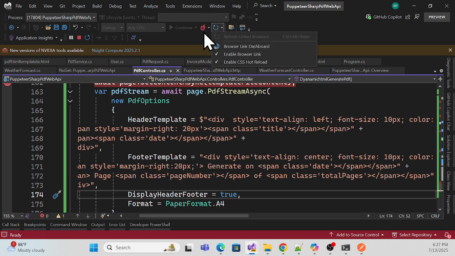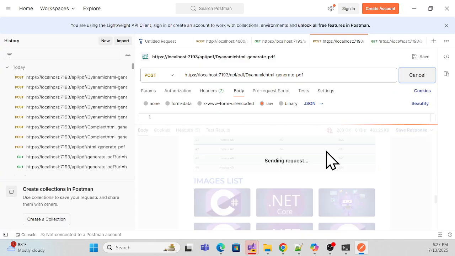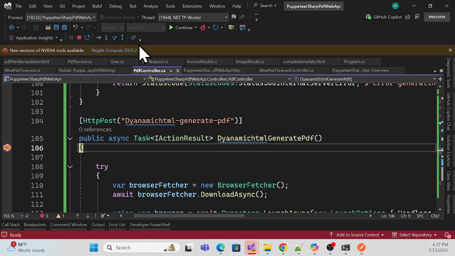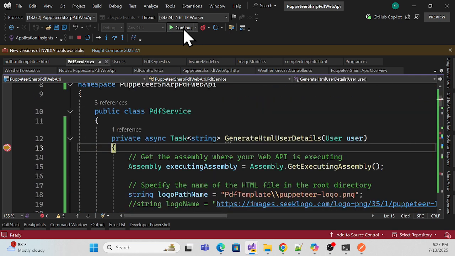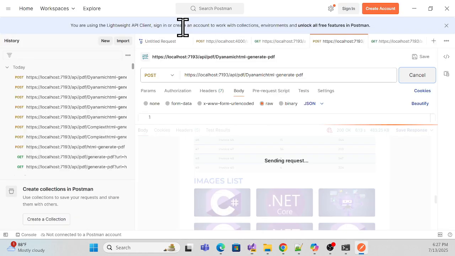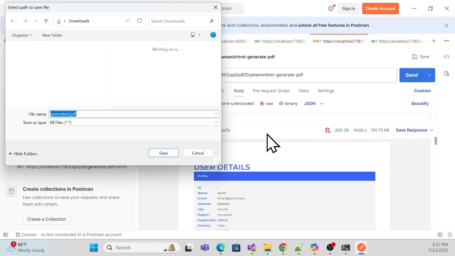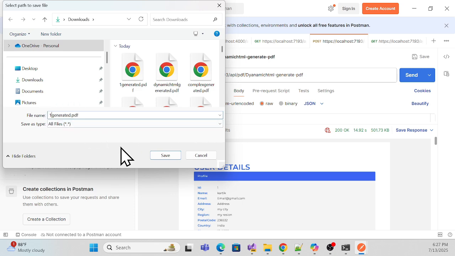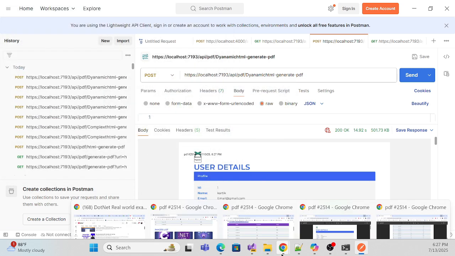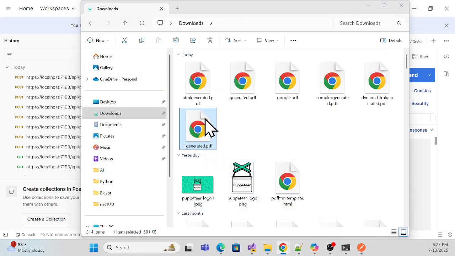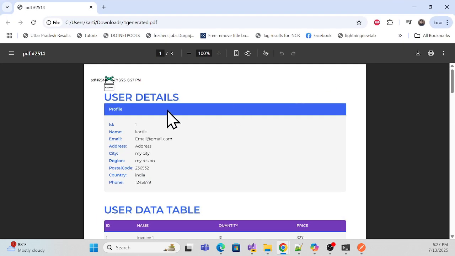So now let me restart the application. Okay, and now run it and continue, continue, continue, and continue. Okay, now see, I'm getting that. Okay, let me save it so that you can see easily, and replace the old one. Yeah, replace the old one and open it again, open it here. Now see,